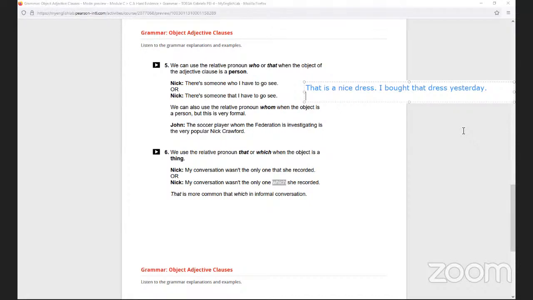That is a nice dress which I bought yesterday. Very good. So what are we doing here? We are joining these two sentences into only one, right? We are using which, and we are not repeating the same object in the other clause. That is a nice dress which I bought yesterday, not which I bought it yesterday, right? So if I use this complement after which, it means that I'm talking about this object. Perfect. Excellent. So now with a person, for example,